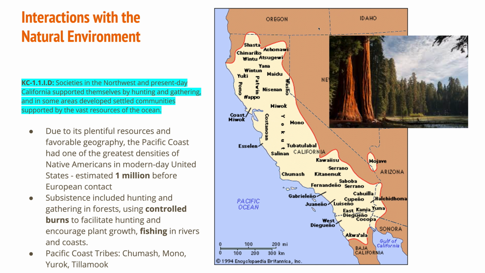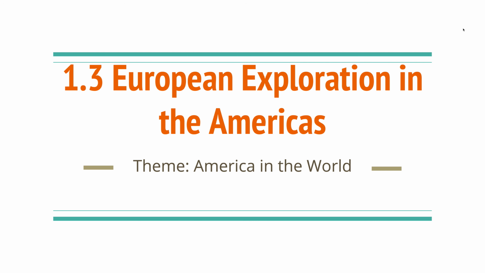But the picture on the right here is one from the Redwood National Forest. Kind of gives you an idea of the environment that they were living in. You have these huge sequoia and redwood trees in Central California and Northern California that would be spotted with marshes in which there would be wildlife that they could hunt and eat.